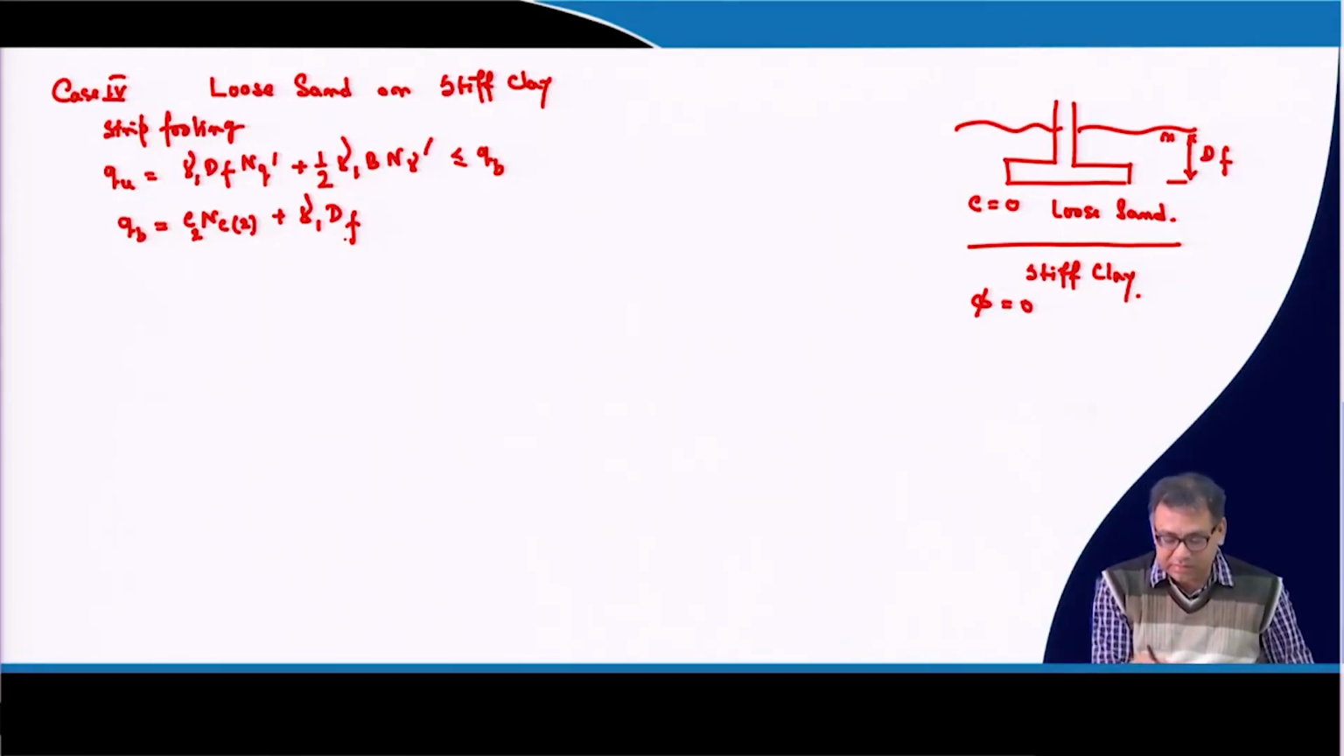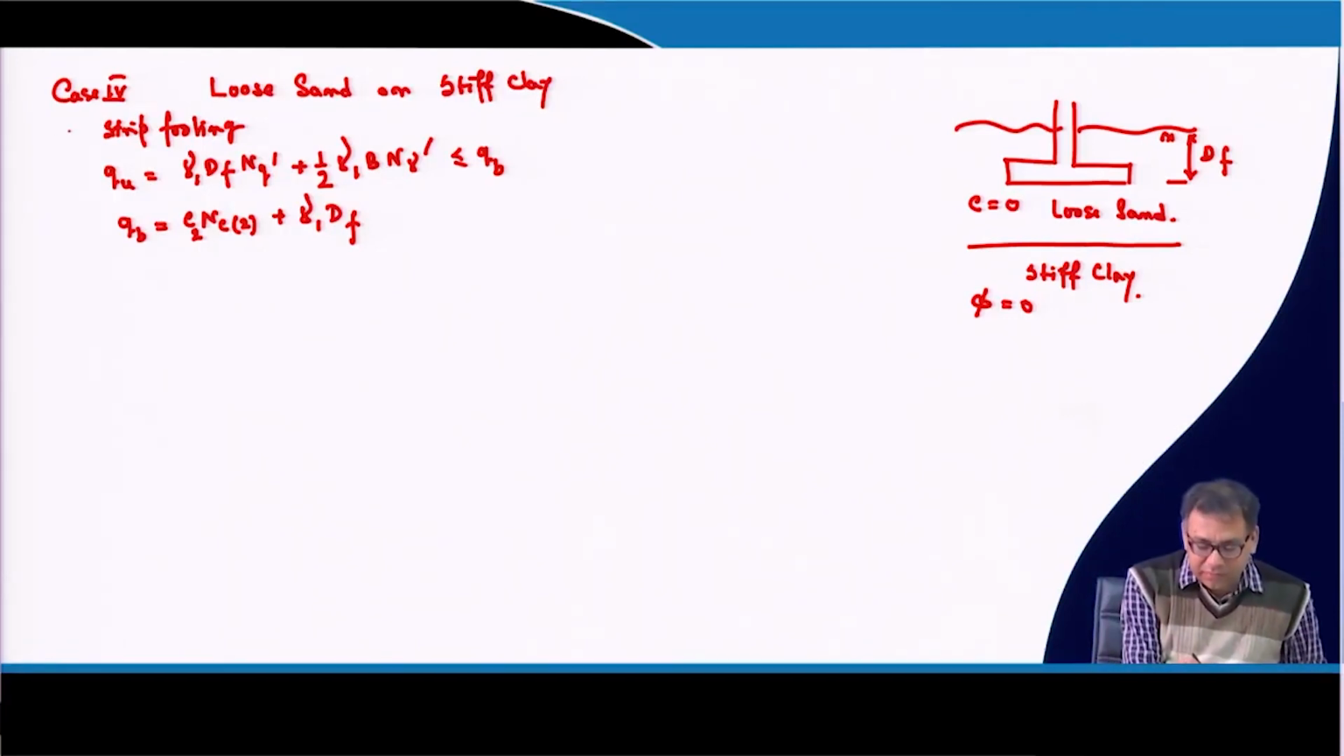So, that is why it is gamma 1 df into C 2. Because that h term is already within the bearing capacity equation, it is incorporated. So, this is the equation for the strip footing. Now, for the circular footing,